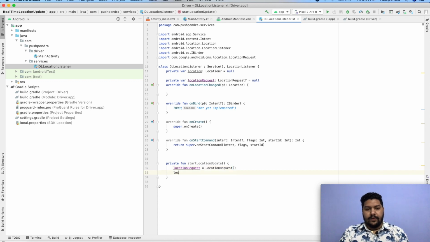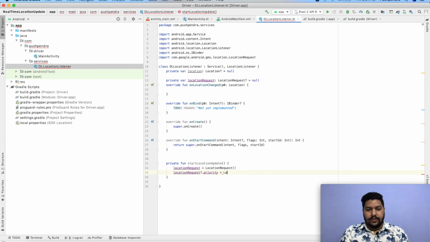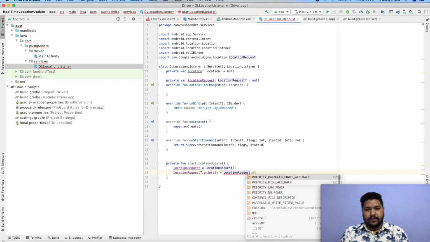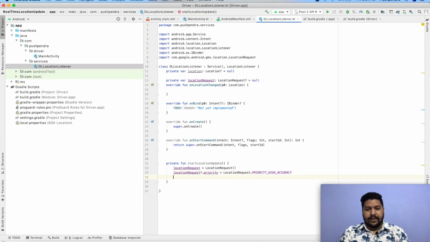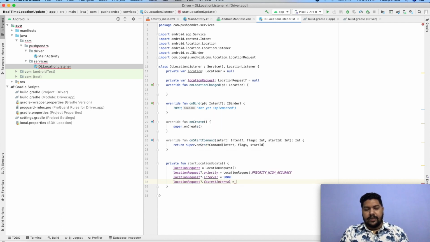Now locationRequest.priority is equal to LocationRequest.PRIORITY_HIGH_ACCURACY. Second thing, locationRequest.interval, we can say 5 seconds. LocationRequest.fastestInterval, you can give half of the normal interval, let's say 2.5 seconds.